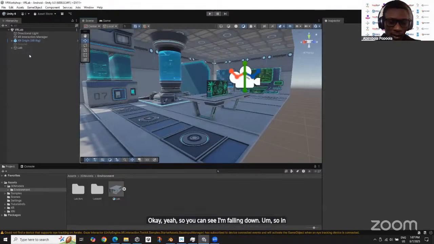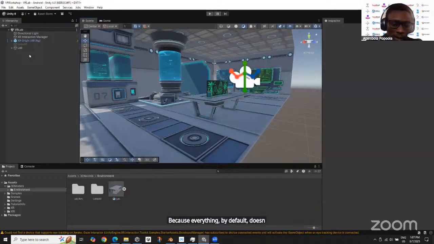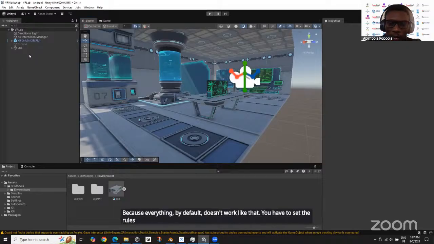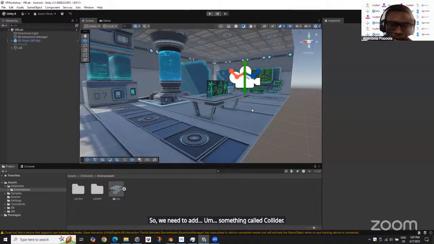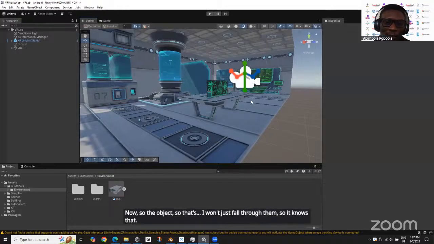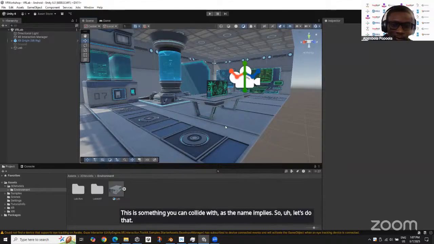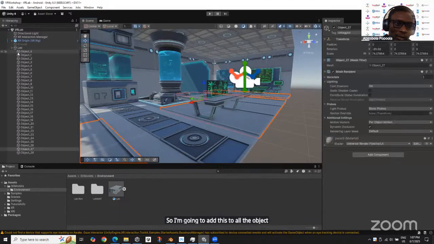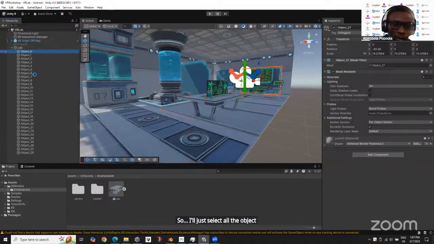In game engines, there are a lot of things you need to set because everything by default doesn't work like that. You have to set the rules of the world you are creating. So we need to add something called a collider to the object so that I won't just fall through them. So it knows that this is something you can collide with, as the name implies. So I'm going to add this to all the objects. I'll just select all the objects, all the children,